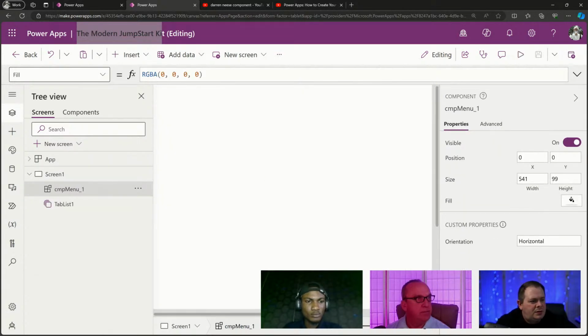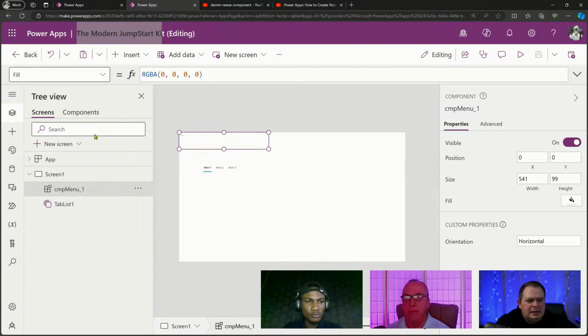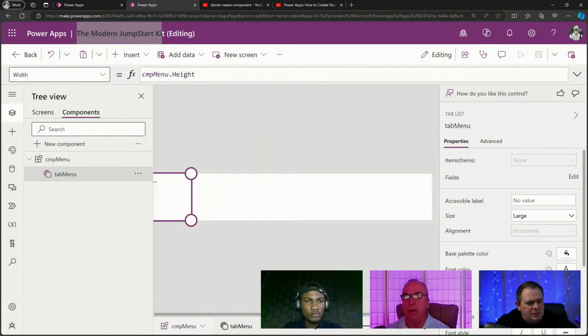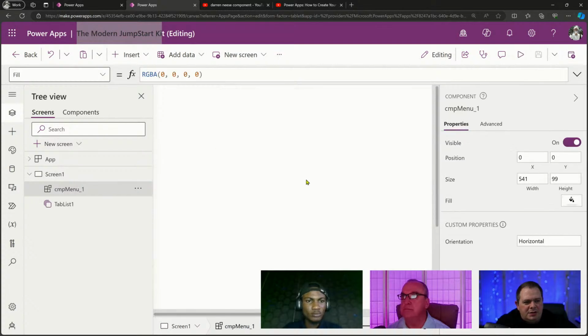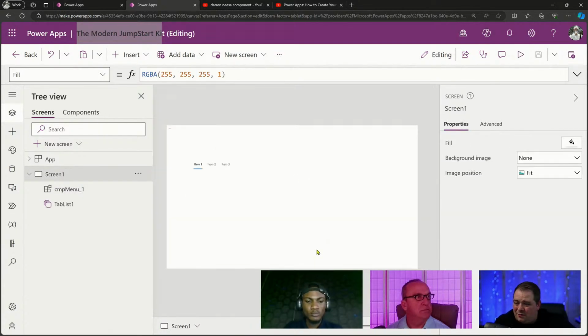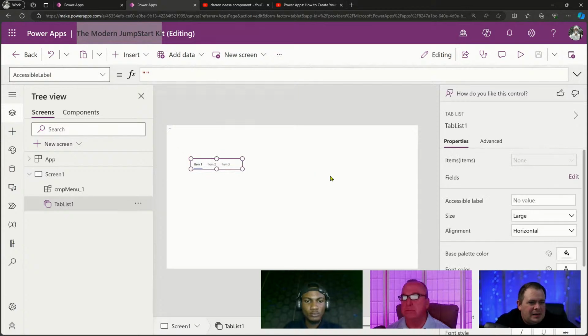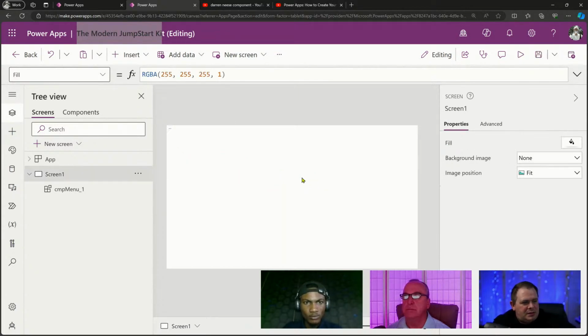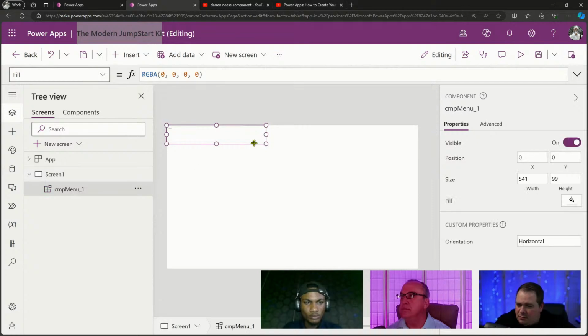Now, if we go over to the screen, it's sort of a limbo state. If you look over here and you're working with this canvas, some things aren't available until you actually see it on the screen. So I'm going to hit Control-0. That will sort of zoom out for us. Okay. And that's the tab list. I'm going to delete that. And so here is our menu component. Okay. Now, if I enlarge this,